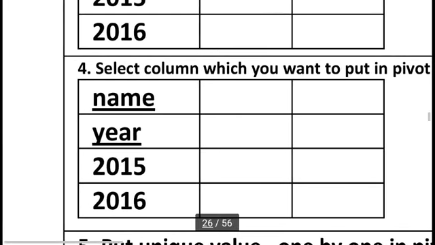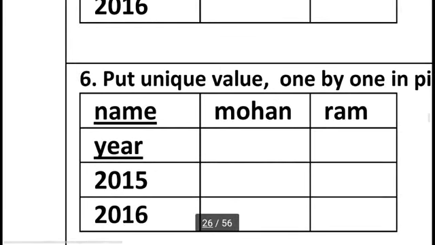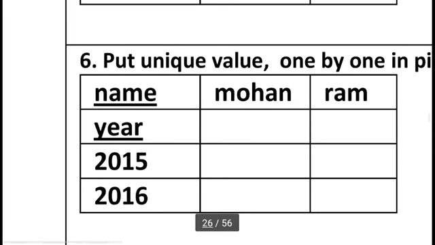Name is our heading, the first name is Mohan and the second name is Ram. So Ram and Mohan, this is our pivot column. Years 2015 and 2016 are our pivot rows, and names Ram and Mohan are our pivot columns. But this is a cross table format.